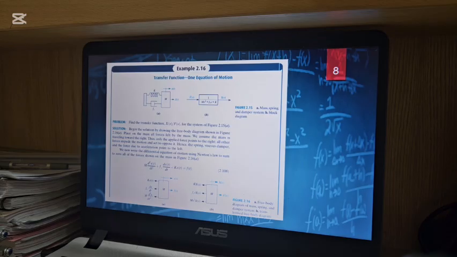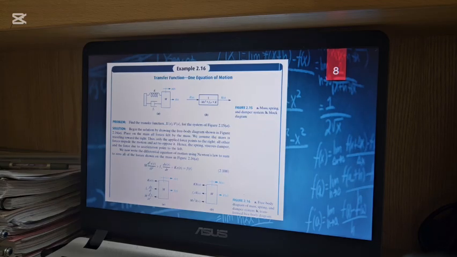Only the applied force points to the right. All other forces impede the motion and act in the opposite direction. So the first equation we will write is M multiplied by d squared x(t) over dt squared, plus Fv, which is the force of the viscous damper,